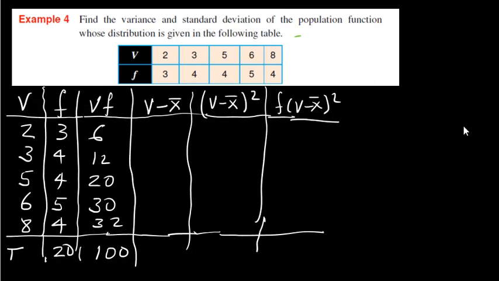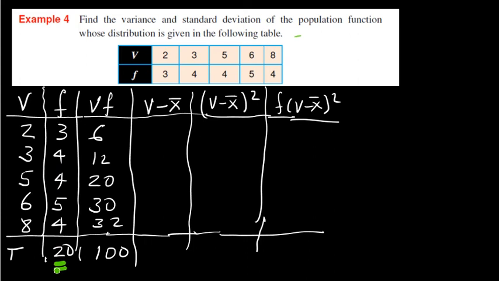Here it is, so that the data are written vertically. As you see here, each of the data are 2, 3, 5, 6 and 8. The one which is written horizontally in the first row is written as the first column. And then the frequencies are, as you see here, 3, 4, 4, 5, 4. Then the total frequency, we need it, because when we are trying to find the mean, we divide by the total